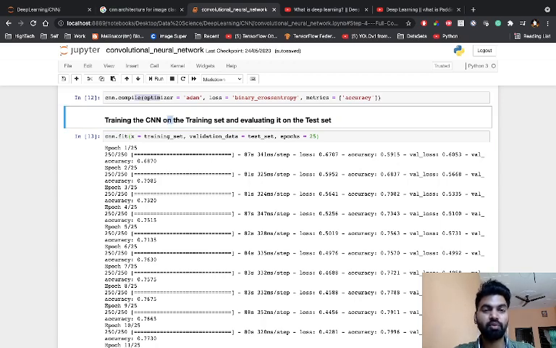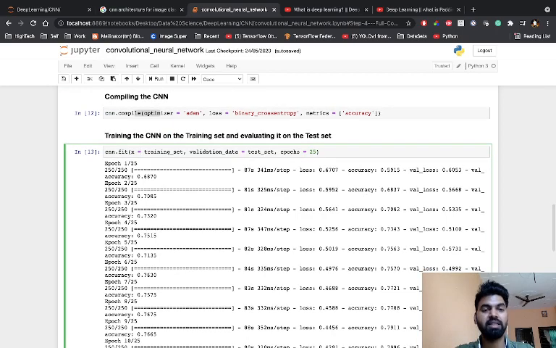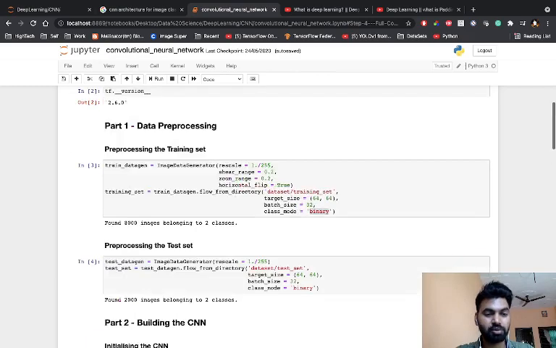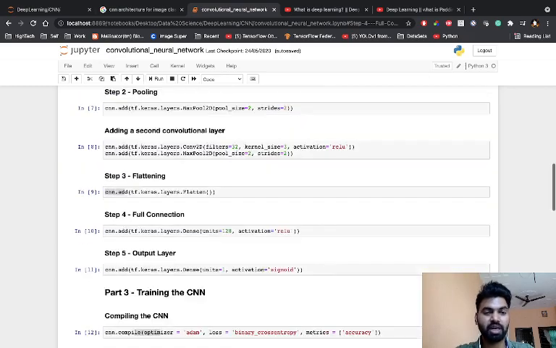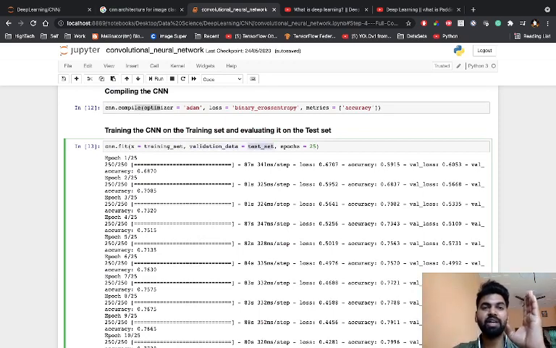So guys, on which data set do we have to train? Already we have a training set, right. If you see in the above pre-processing step, you can see the training underscore set. So on this data set we want to train our model. So I pass that one, training set, and validation data equals test set, right. One is the training and the other is where it will validate.